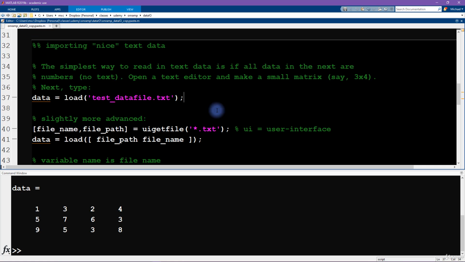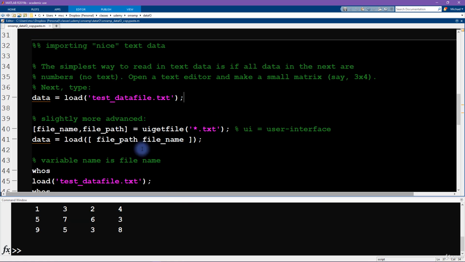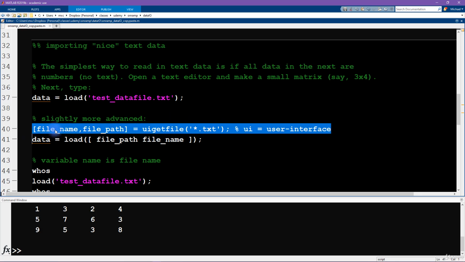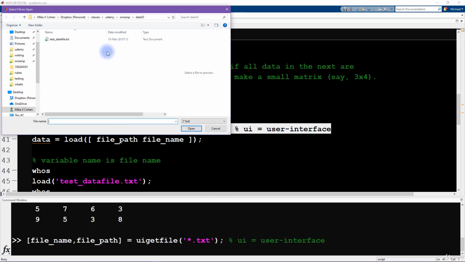That's really easy. Here I'm going to show you a slightly more advanced way of doing the same thing, and this is using a Matlab function called uigetfile. The UI stands for user interface, so user interface get file, and that's going to bring up a pop-up menu that will allow us to choose a specific file on your computer. So I'm going to run this line of code, and see this opens up a new selection window here, and now I'm going to click on this